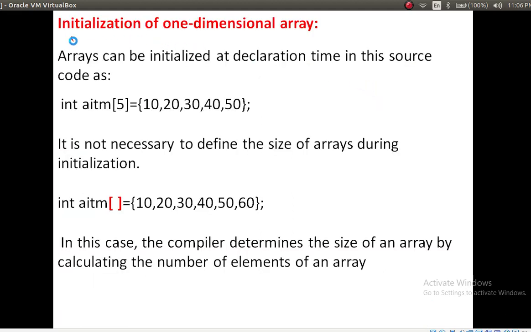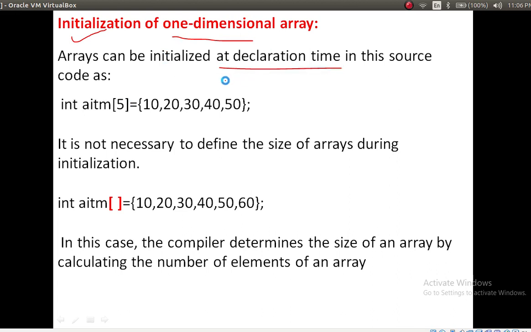Now next one is initialization of a one-dimensional array. Basically an array has two types. One is single-dimensional, or one-dimensional, or linear array. The second one is multi-dimensional array. Now, one-dimensional array: an array can be initialized at declaration time.